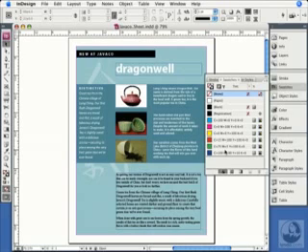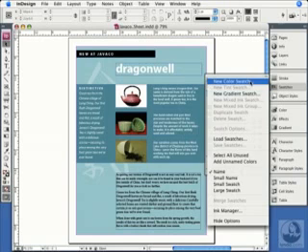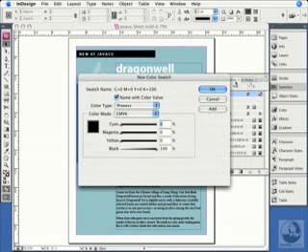The basic technique for creating a new color swatch is to go to the Swatches panel flyout menu and choose New Color Swatch. This brings up the New Color Swatch dialog box, and we can choose a process color or a spot color. Process colors are always defined with cyan, magenta, yellow, and black inks, but a spot color could be defined with any ink that your printer can mix up for you, including the Pantone colors.